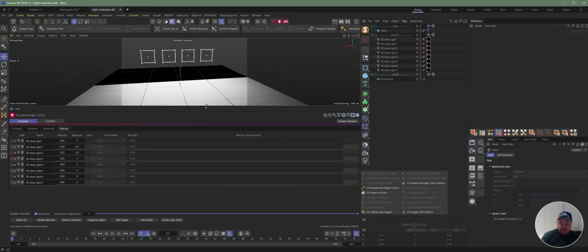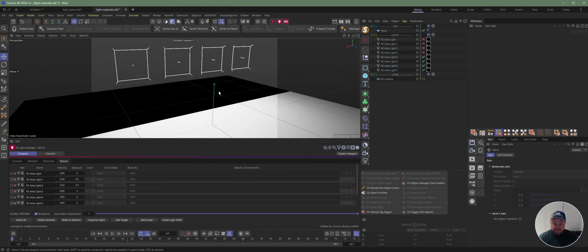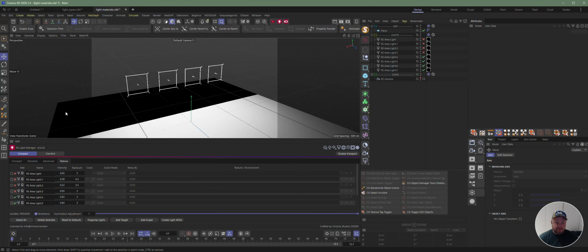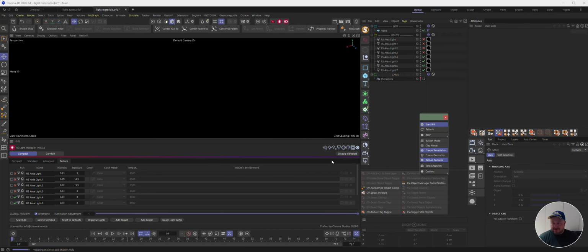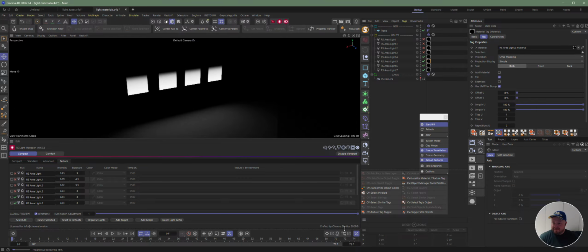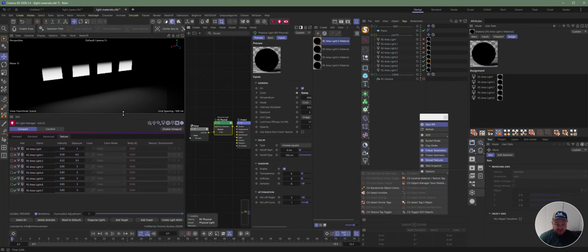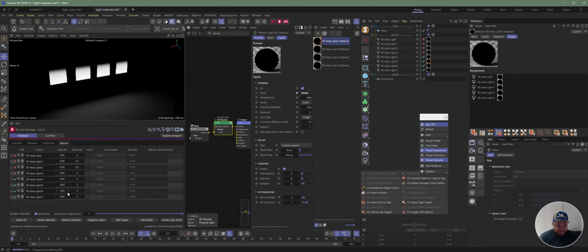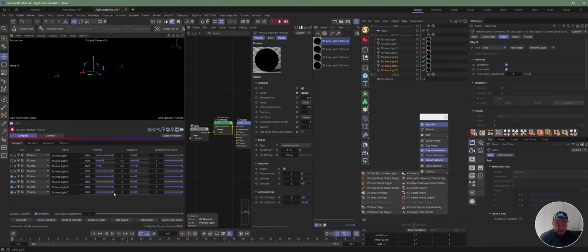So if you just jump into another save file real quick, I can show you again the material support. If I go in here and start this IPR, all of these lights have the same area light material applied to them with the same ramp. And you can see in here, just drag this up a little bit. If I select all of these guys and I go into compact mode,